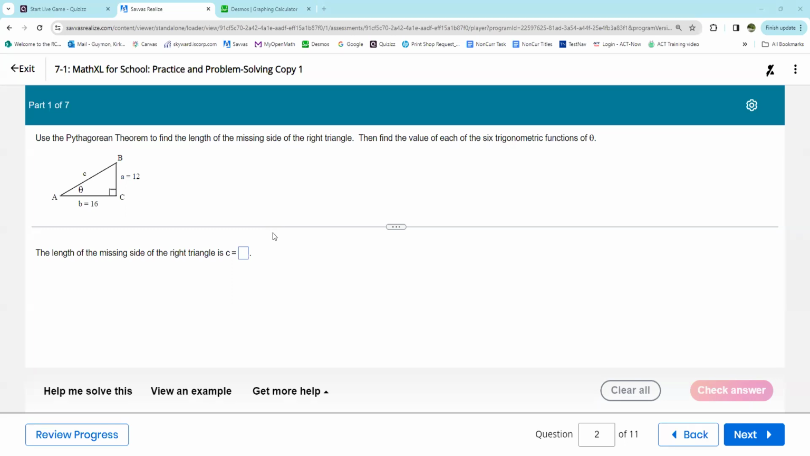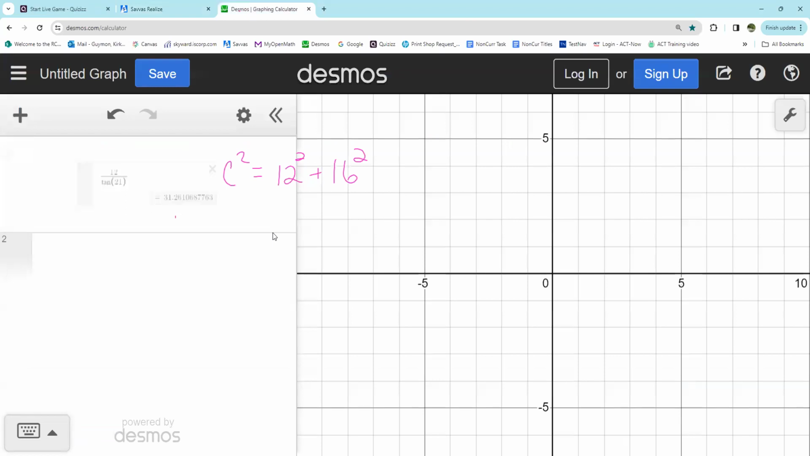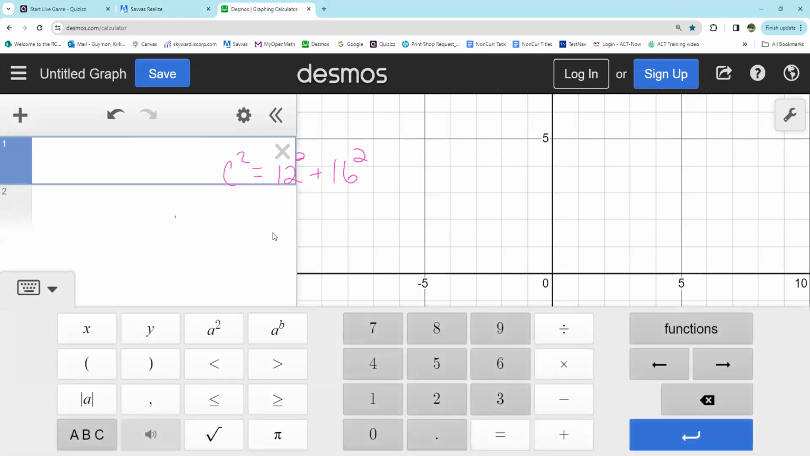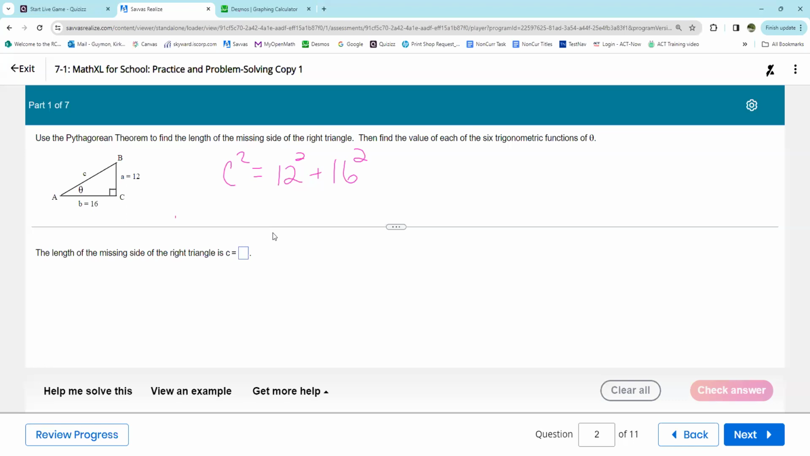So for the missing side of this right triangle, we're going to have hypotenuse squared equals the sum of the squares of the legs, 12 and 16 being the legs there. 12 squared plus 16 squared. Let's see what we get there. And then that's going to be 400. So we've got 400 here